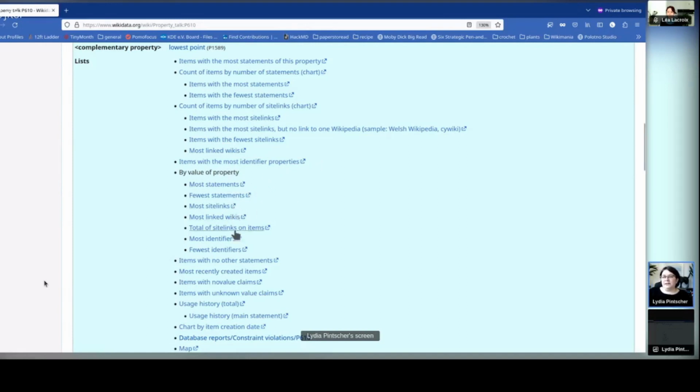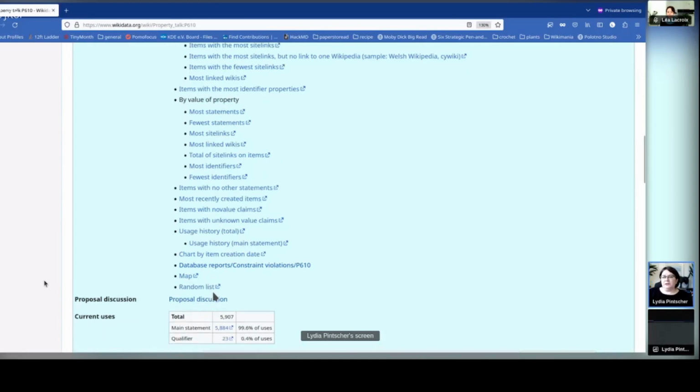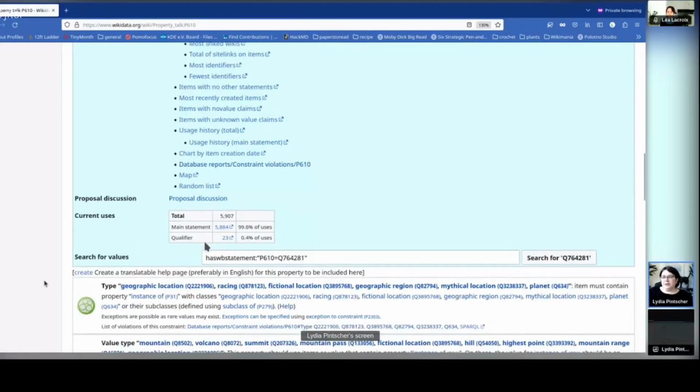And you will find many more lists here that I highly encourage you to explore. But you can not just find lists, you can also find map visualizations, for example, of all the different items that have a highest point. Then if you go further down, you will find this little table that tells you where this property is currently used and